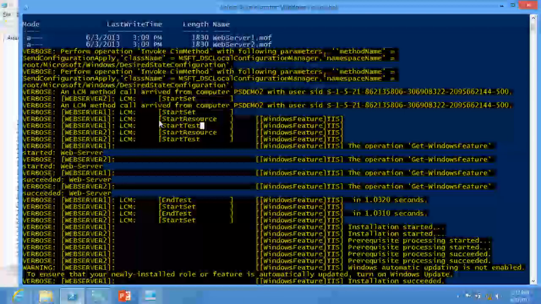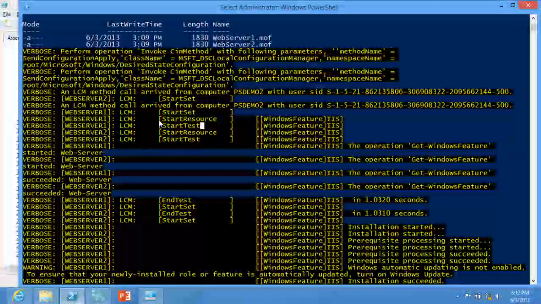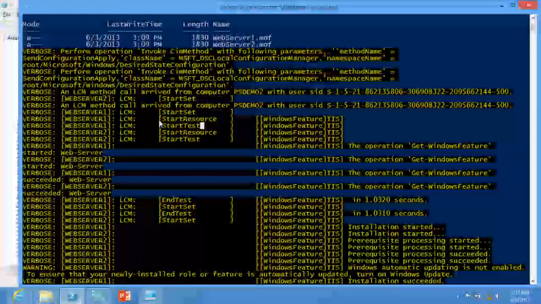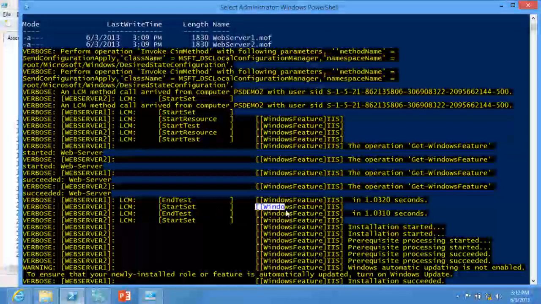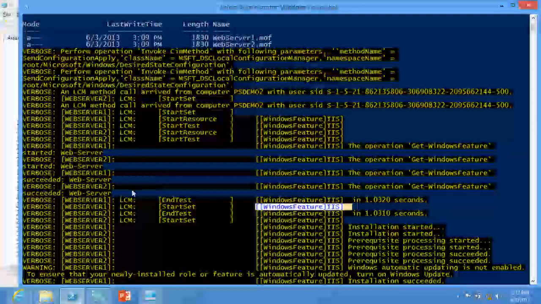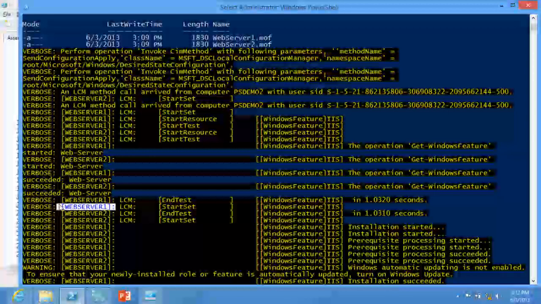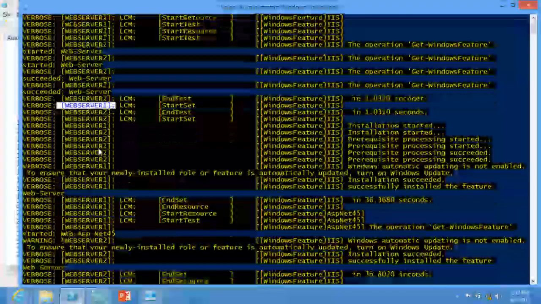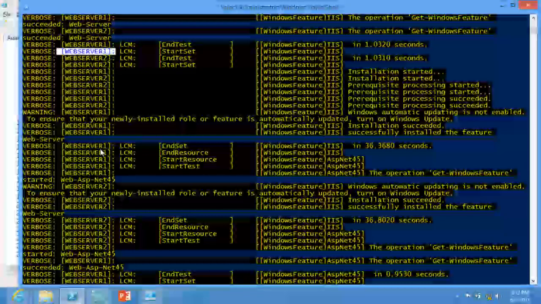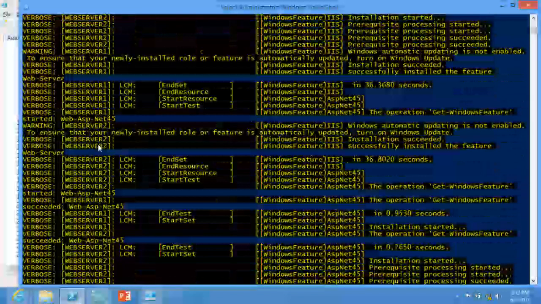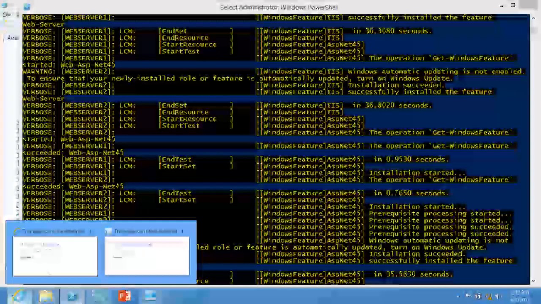And what that means is for each one of those configurations, we're testing, hey, was that web server IIS present or not, right? If it's not present, then we're going to go ahead and call the set to make it so. Here's the start of a set of Windows feature IIS. Do you see that? Windows feature IIS, now going to start on what server do you think it is? There it is, on web server 1. Make some sense? You can just scroll down to see exactly what was happening on the system. We think that's really important. These systems do a lot under the covers, so it's important to expose as much as we can at the higher level.